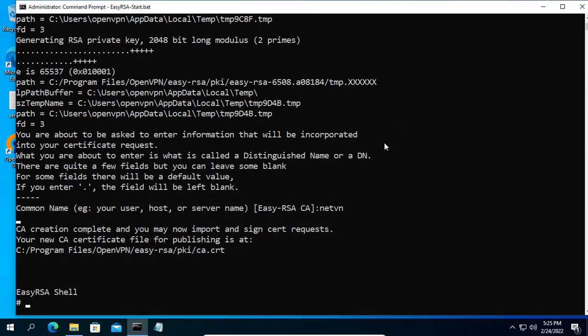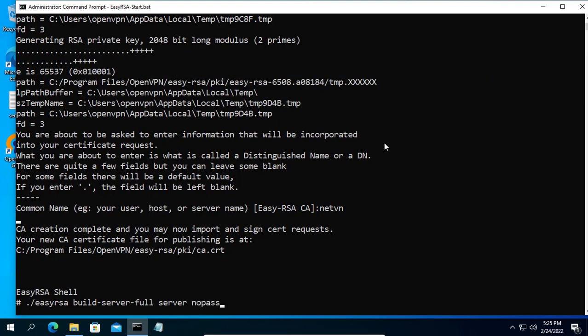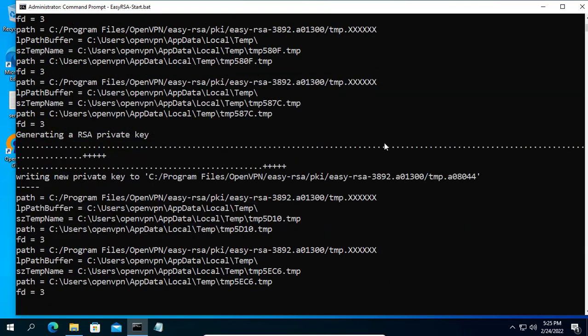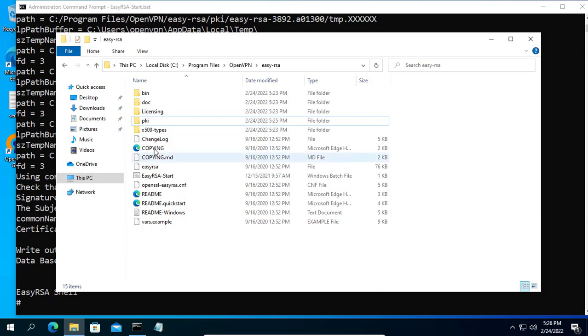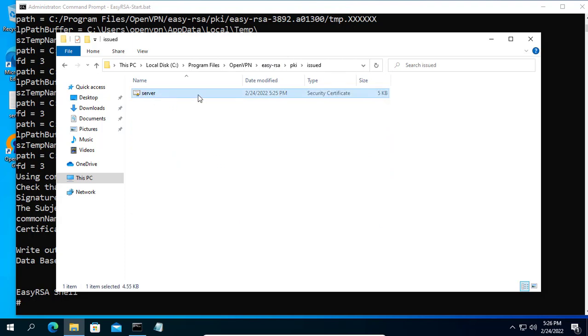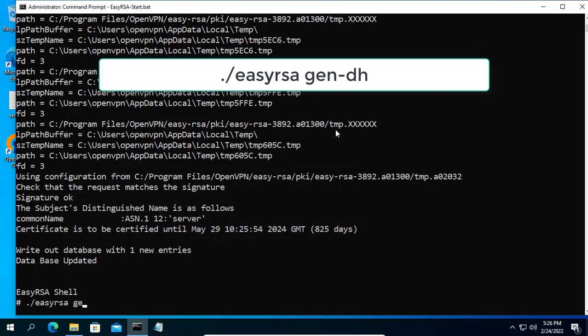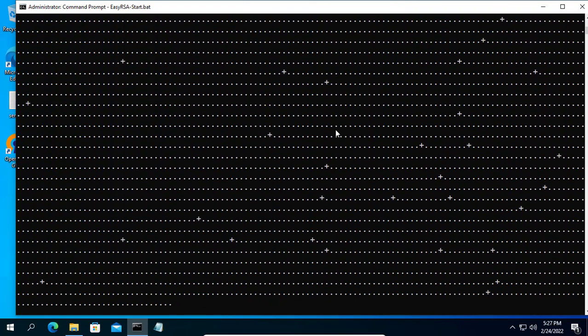These commands generate the certificate and key files for the server. This command creates a file dh.pem, which encrypts the data.